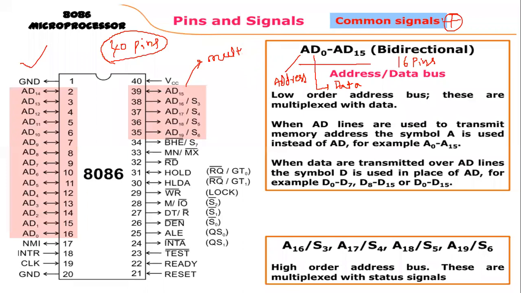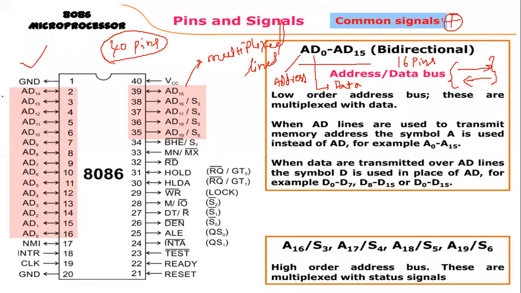Bidirectional means the same lines we can use to send information and also to receive information. That is bidirectional. But multiplex means here the same pins